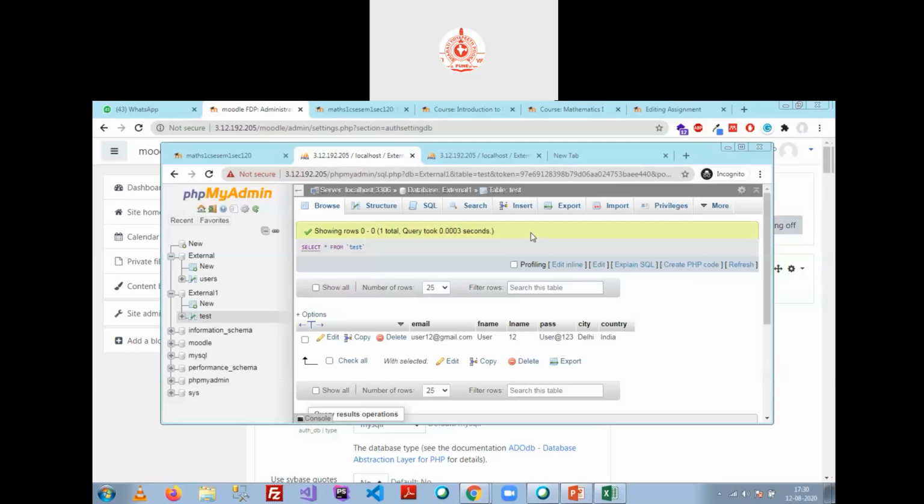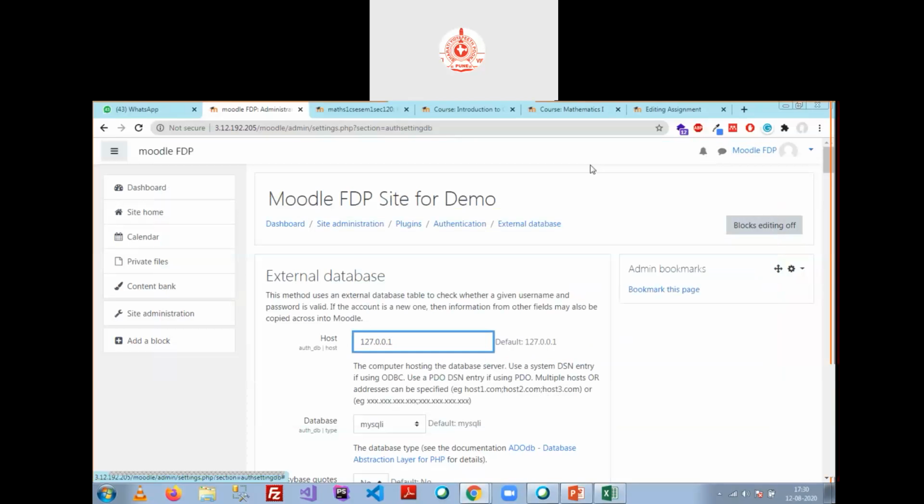Now, all you need to do is write down the steps for this process, because it might help you next when you are going to implement this module with your external database. Okay, so this is what happened. Now what do I need to do next?